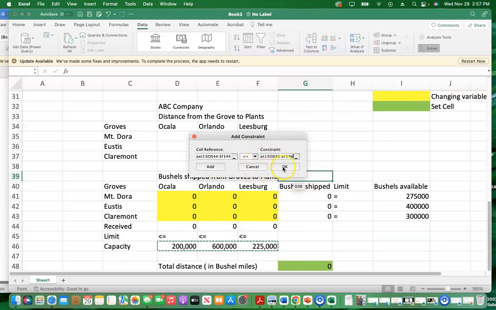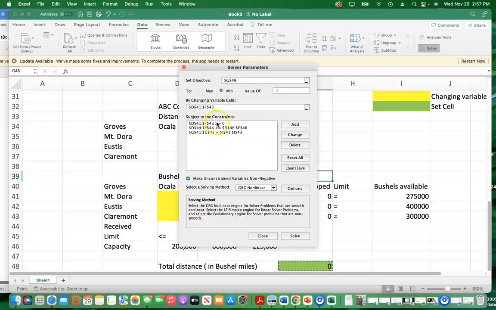I don't have to add any other constraint, and so I'm going to click OK. And so you can see that we have our constraints, we have the changing variables, we have the set objective, and all we have to do is to minimize. Then I have to make unconstrained variables non-negative, so you have to select this. But also we're going to change the algorithm from GRG to simplex method, and